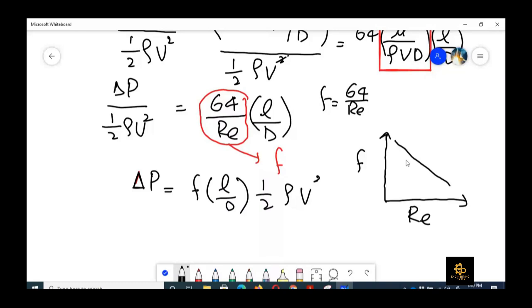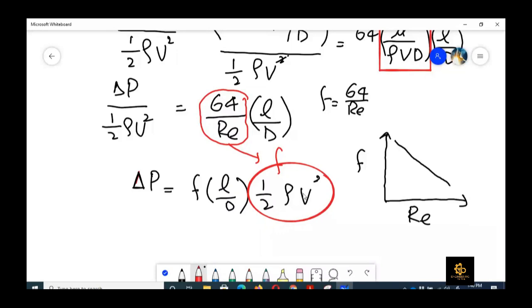But don't you think it is surprising that if we increase the Reynolds number, the friction factor is decreasing? If we think about physical flow, shouldn't it be the case that if we increase the velocity of the flow, then the frictional force or the drag force should increase rather than decrease? So the answer for this lies in this quantity,